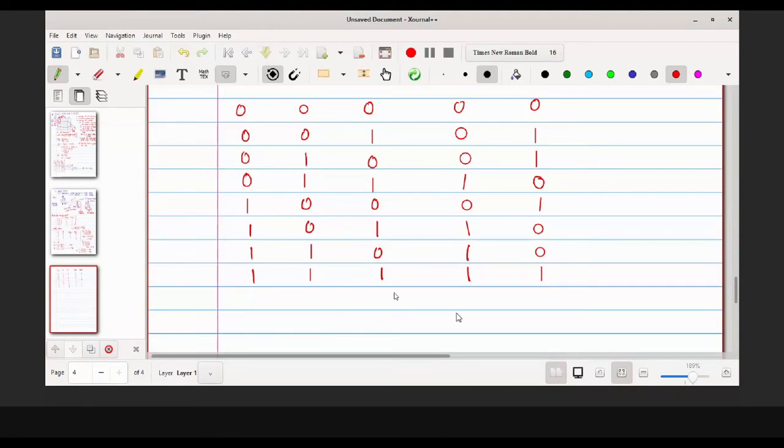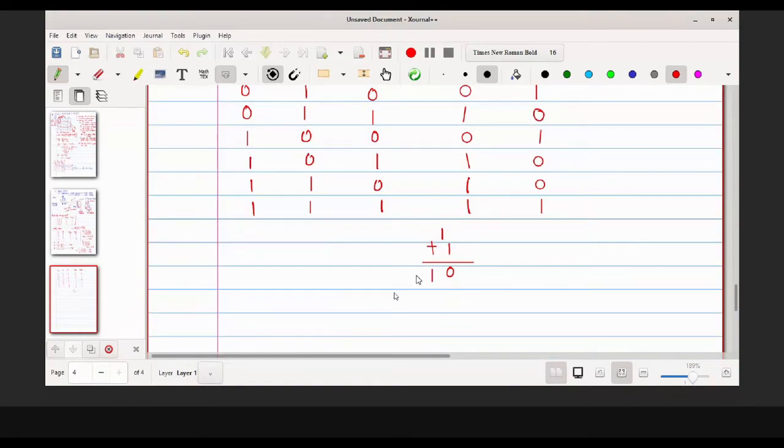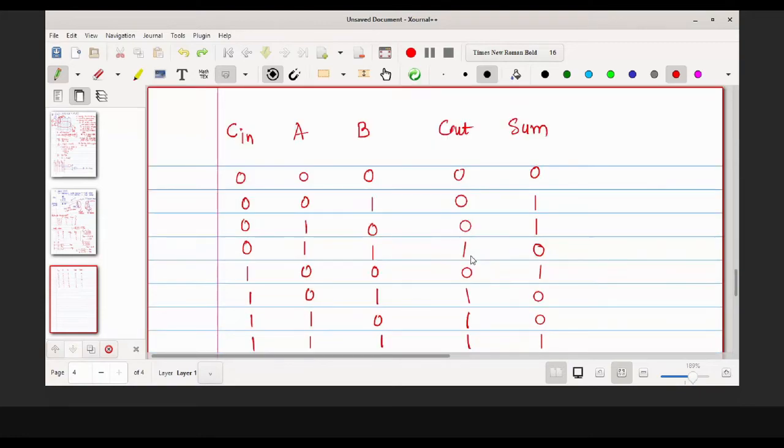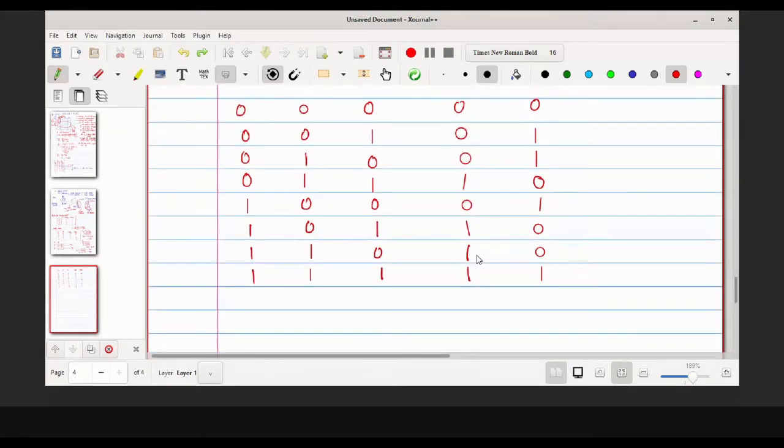Or you can do it like this, that 1 plus 1. So what I got? 0 1. 1 0 I got, right? And this 1 0 plus this additional 1. Okay. So I got 1 1, and this is the result over here. Okay. So this is the way we can just do simply the full addition. Now what remains? Since it is 3 variable, we have to go for 3 variable K-map, obtain the equation for C out and sum. So let us start with that.